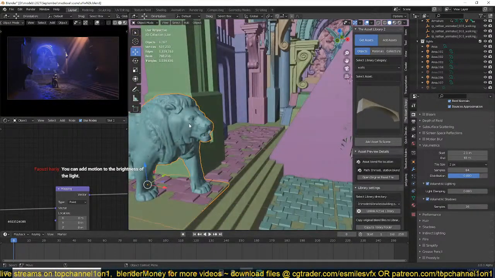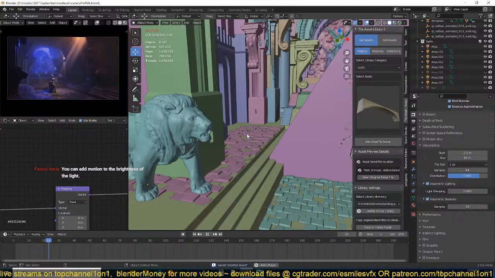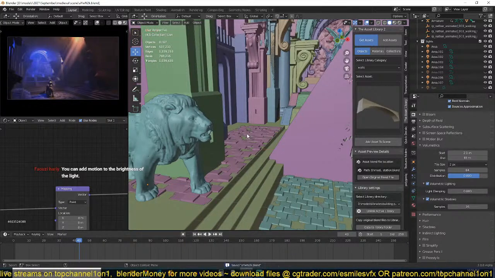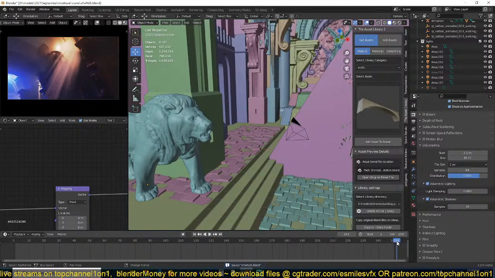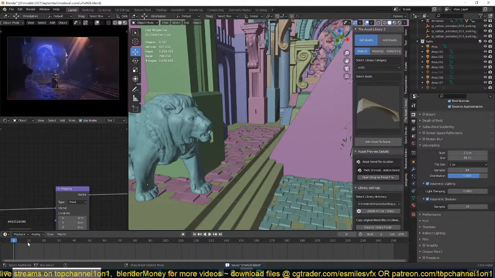Now the problem is this mesh is quite dense. I would have preferred to animate it as well, but yeah, it's too heavy. And I think that's it. You can add motion to the brightness or the light. Which light? Yeah, so